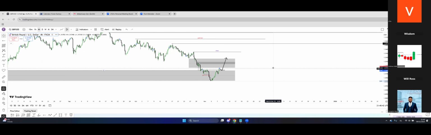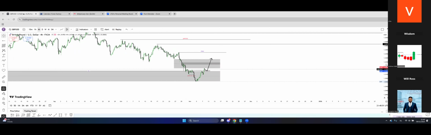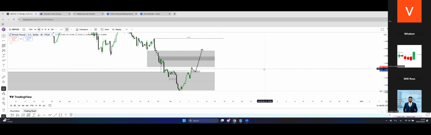Now we see clearly price is going higher, but how far can it go is the question. And price action will tell us. As price is trading day by day, it will tell us how far we are going. You don't need to stress or complicate it. Just follow the price action day by day. It will tell you how far we are going and where we are going to turn around from.